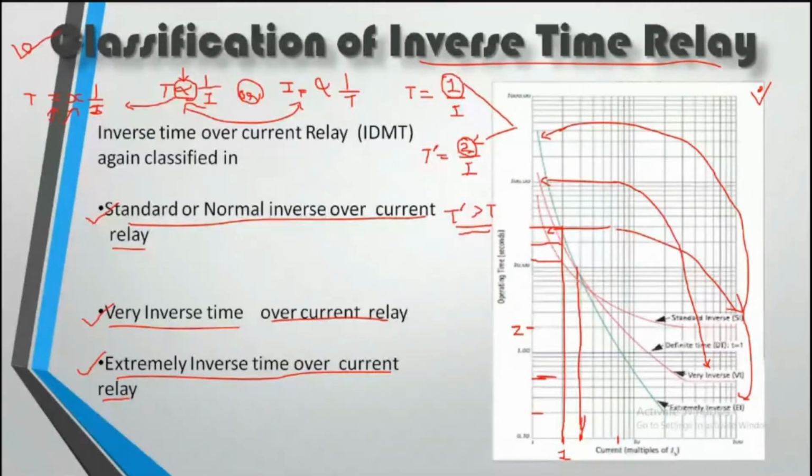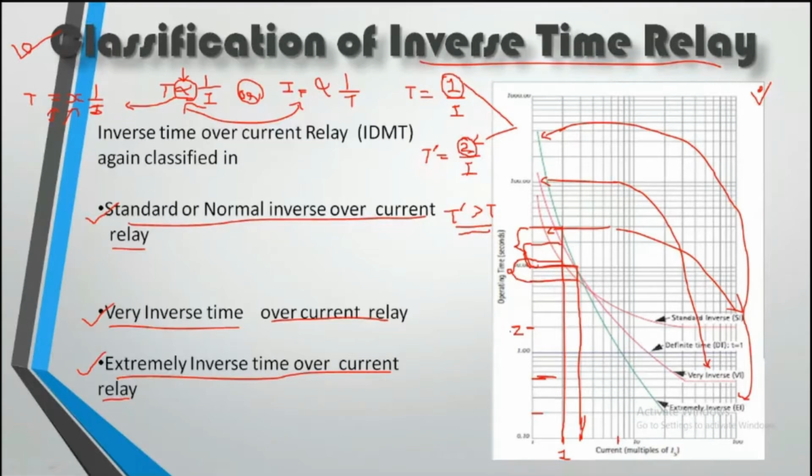See, the red line will give us the time of operation somewhat over here, the pink one somewhat over here, and the green one is also over here, right? So the red graph gets dropped by this much amount of value, the pink line graph is dropped by this much amount of value, whereas the green one dropped by this much amount.